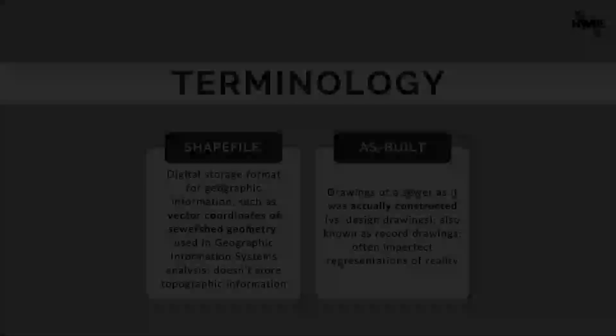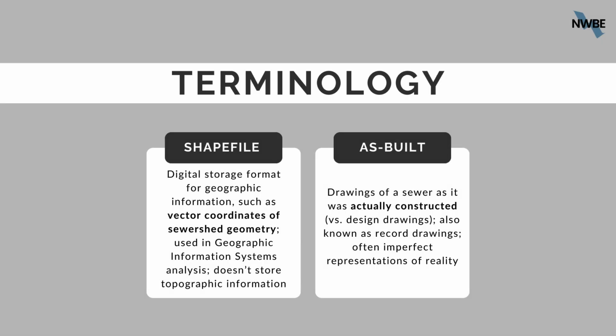A shapefile is a digital storage format for geographic information, such as vector coordinates of sewer shed geometry. It's used in GIS analysis, and it's important to remember it doesn't store information on which way the wastewater flows or topographic information. An as-built is a drawing of a sewer as it was actually constructed, versus design drawings, which are drawings of sewers the way they are intended to be constructed. As-builts are also known as record drawings, and they are often imperfect